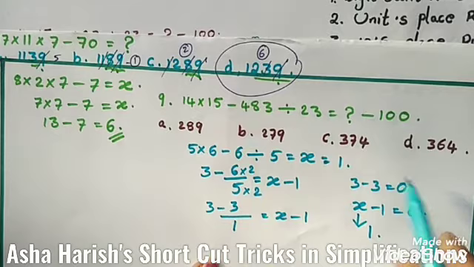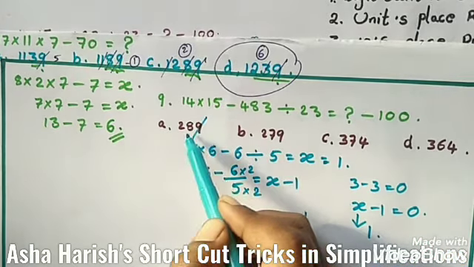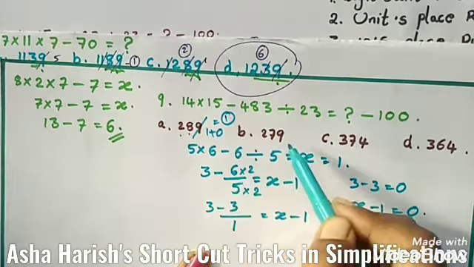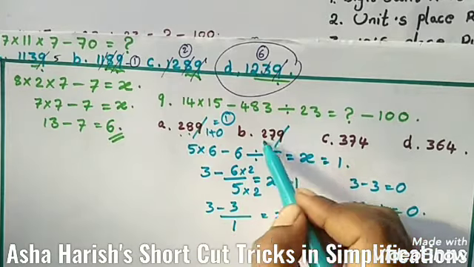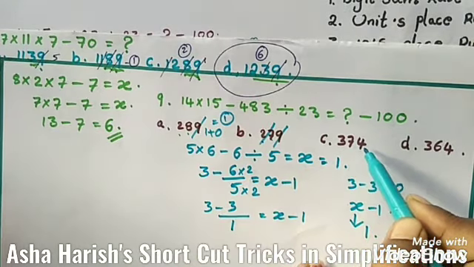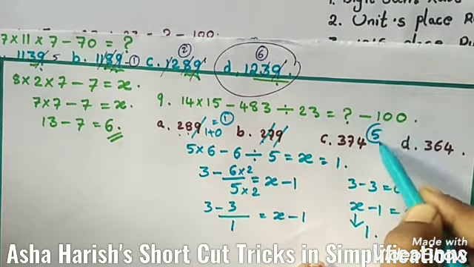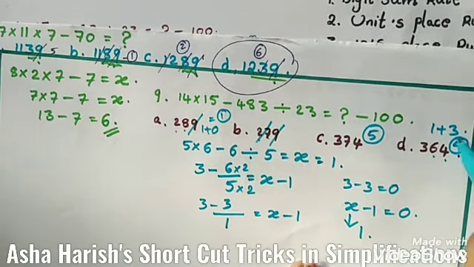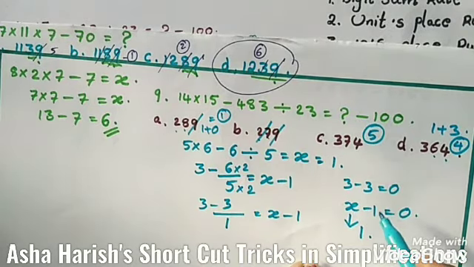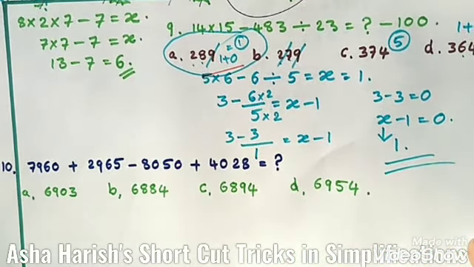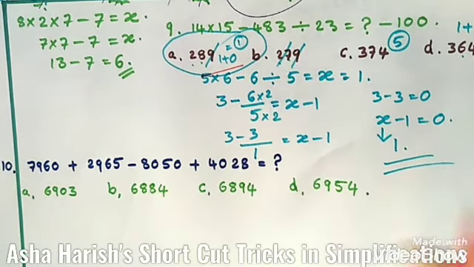The same digit sum rule if you apply to these options, 9 is eliminated, 8 plus 2, 10. 10 means 1 plus 0, that is 1. Now this 9 is eliminated, 7, 8, 9 here, so this is completely eliminated. 7 plus 3, 10, 10 plus 4, 14, 1 plus 4, 5. And here 6 plus 4, 10, 10 plus 3, 13. 13 means 1 plus 3, 4. Now we got the answer already. Here option A is the correct answer. Let us see the last question of this session.